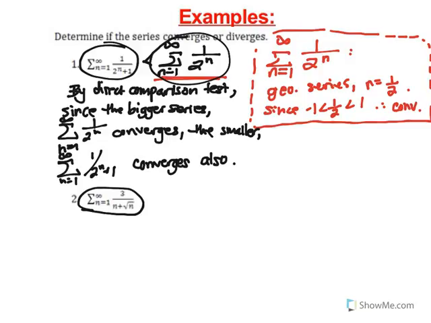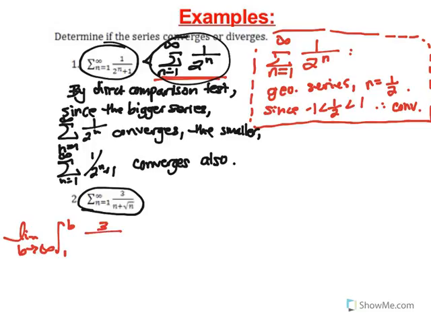Whenever you have n plus root n, once again, you could expand the terms, it's not geometric. Take the limit as n goes to infinity, it ends up equaling 0, we know nothing. Integral test, if I try to take the integral of this from 1 to b as b goes to infinity,